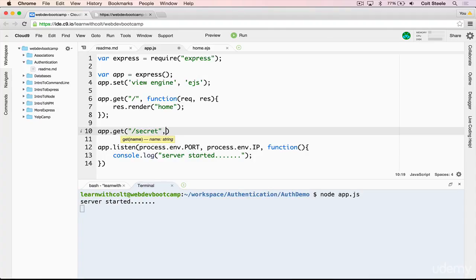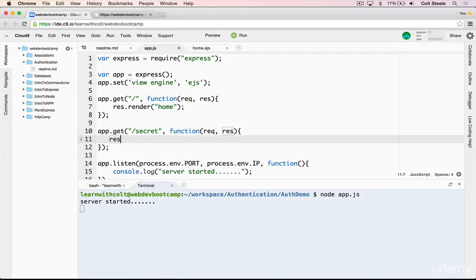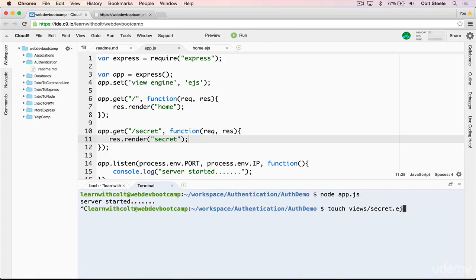And for now, we're just going to render a template. And that template will just say this is the secret page, and we can add an embarrassing photo on there if you want. So secret, just like that. And now we need to create that template. So touch views/secret.ejs, and then we'll open that up,